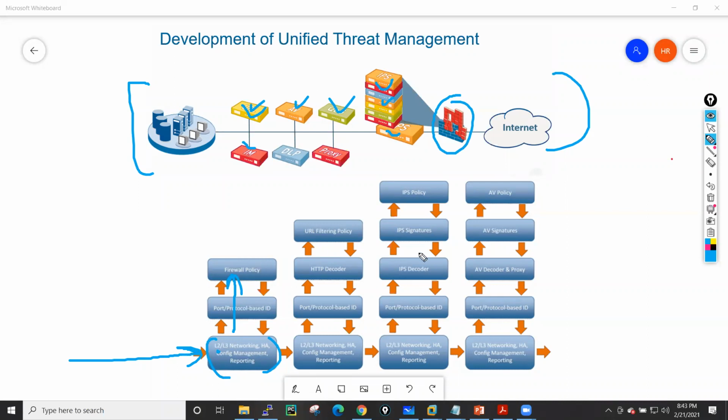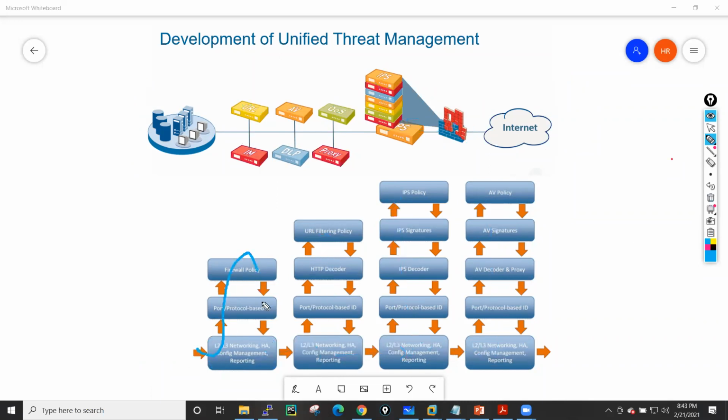Now again this packet moves to this device, and here networking happens again, then it goes for URL filtering. Again networking happens, and it goes for the IPS functionality, because we do have an IPS device as well. Again networking is happening, and then it goes for the antivirus policies. So this is the multipass architecture, where the packet flows going, coming back, then going for URL filtering, coming back, going again.